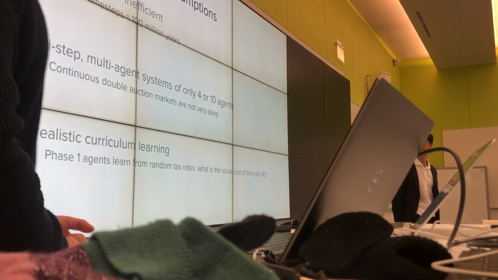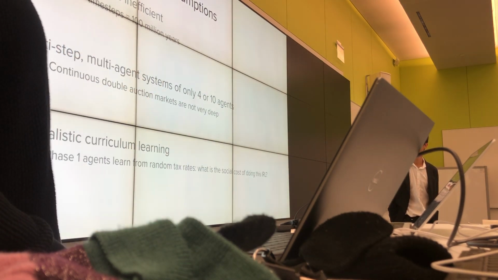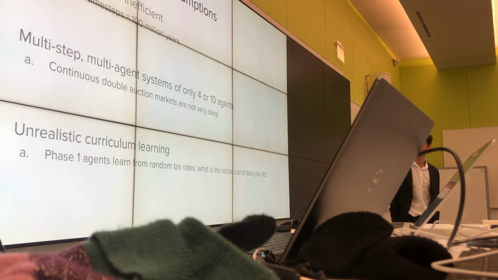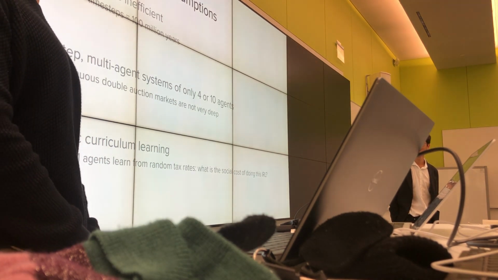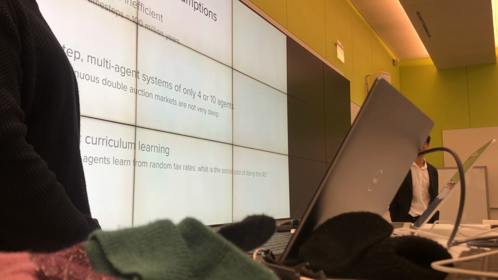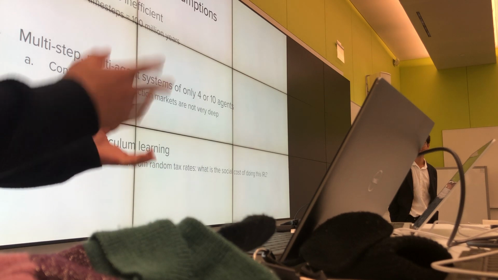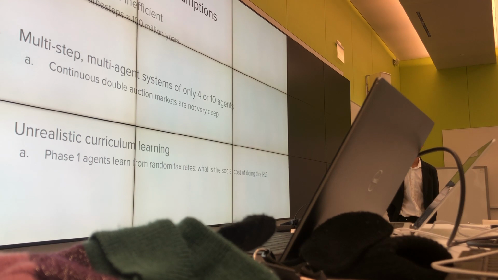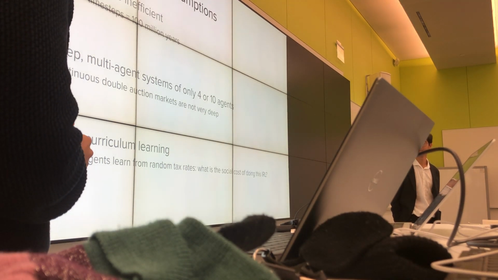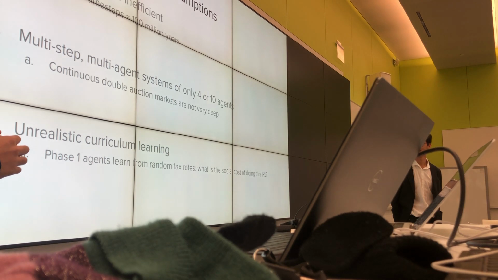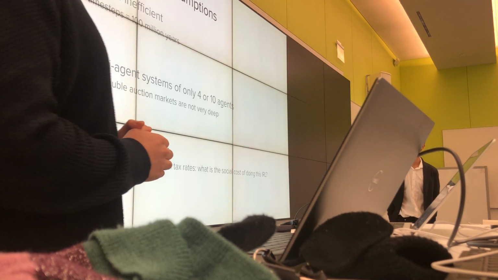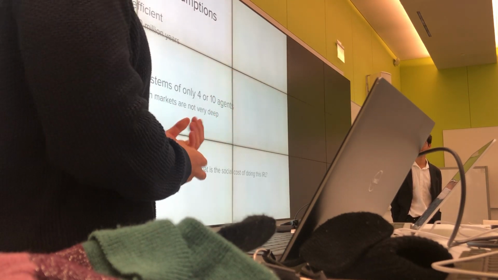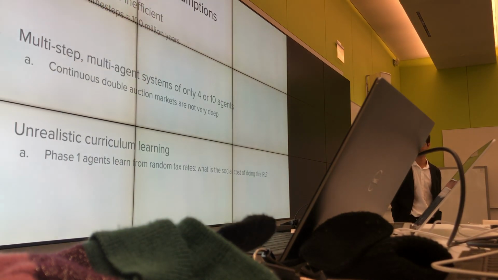Yeah, so some unrealistic ones that we found, I think, again, the theme of sample efficiency. One of the bits that we were interested in is what the social cost is of doing anything close to this level of taxation sampling. You're probably ruining some sub-agents, so there's probably a difficulty in doing this in the real world. Two is exactly what you said, these multi-step, multi-agent systems of only 4 or 10 agents. They introduced a high level of realism through this continuous double auction, but if you think about systems of 4 agents, this auction is likely not that deep, and so the realism of it is certainly a little bit questionable.